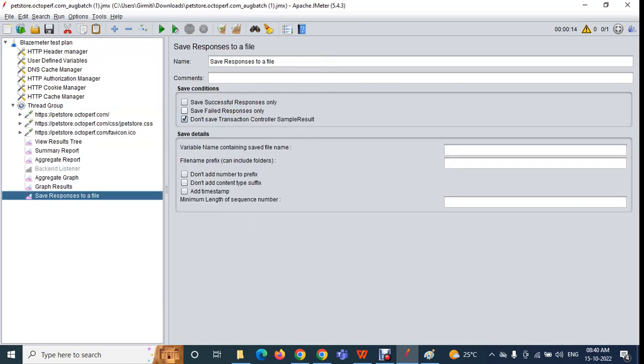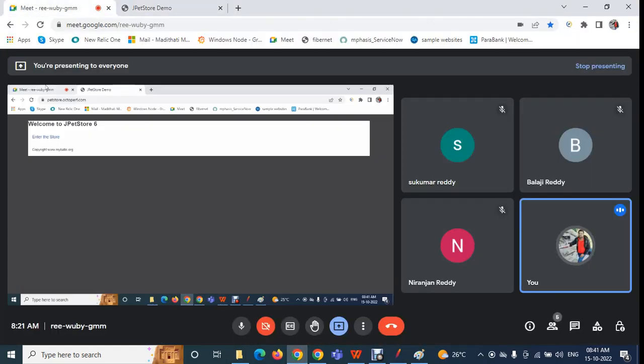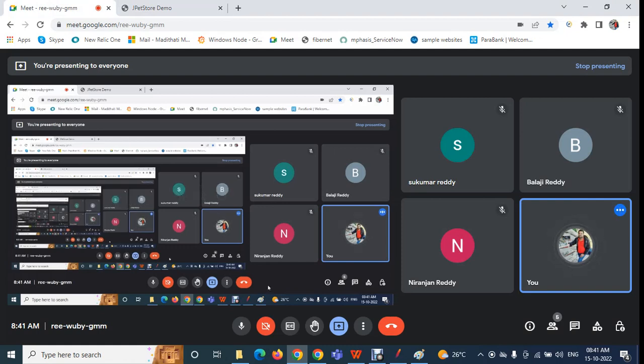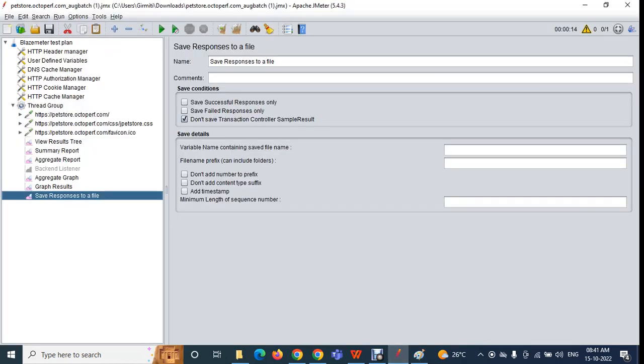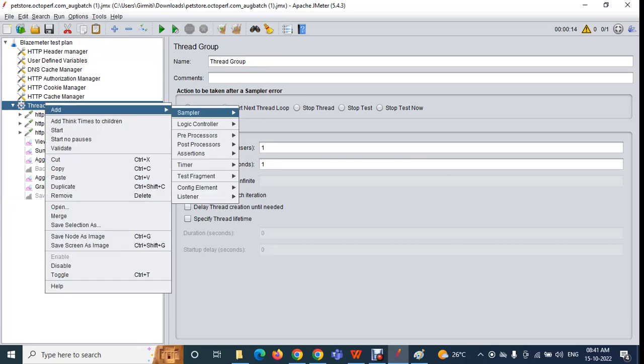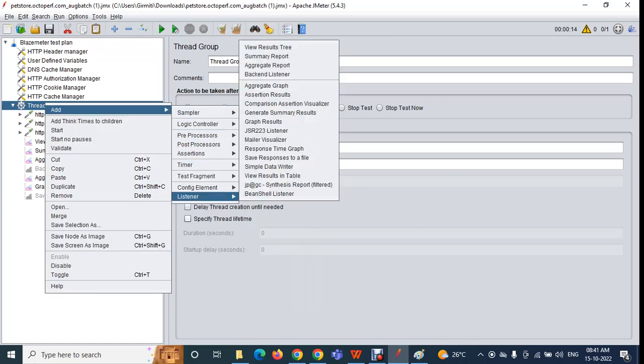Okay, so sometimes we can use save responses to a file. When will we use save responses to a file? Let us assume you are downloading an MP3 file or a text file or a PDF. At that time you need to save that file to your storage. Okay, at that time you can use save responses to a file. Don't be afraid of anything. Okay, this also we do not use in real time. You can ignore this. Maximum you do not get an opportunity, so you can ignore this.